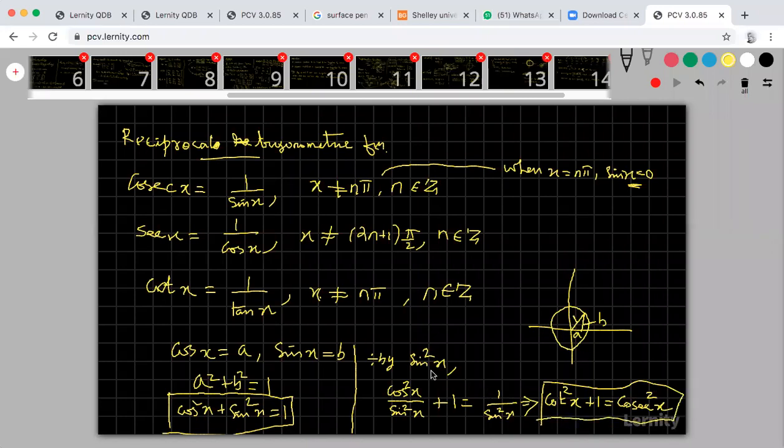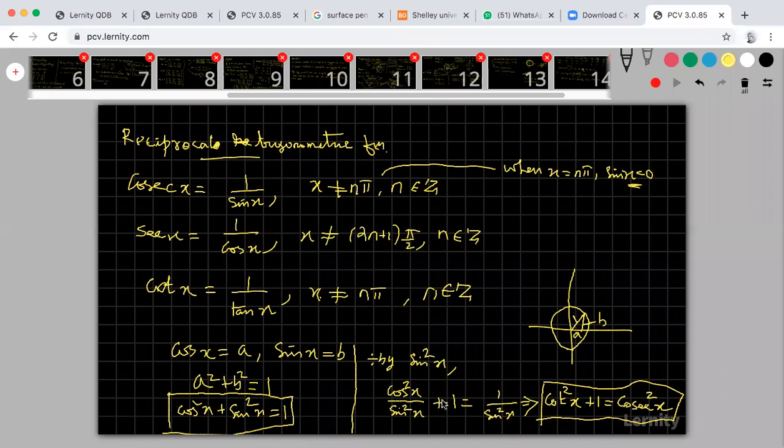Okay. And another one, you divide by cos square. You please note it. That is a homework for you. It is only 2 lines. Here I am dividing by sin square. If you divide the same term by cos square, what happens? You will get some result. Write the result. That is a homework for you.